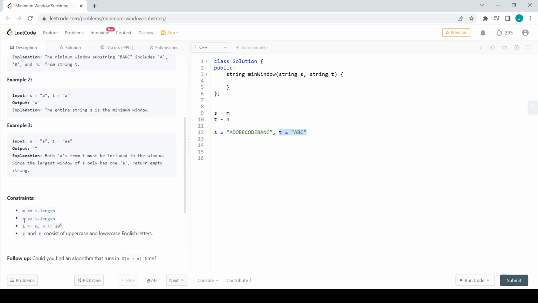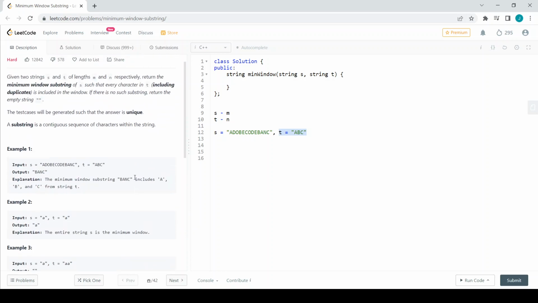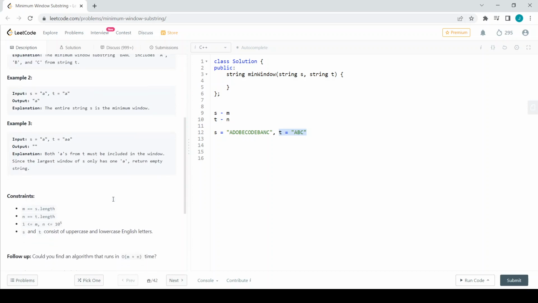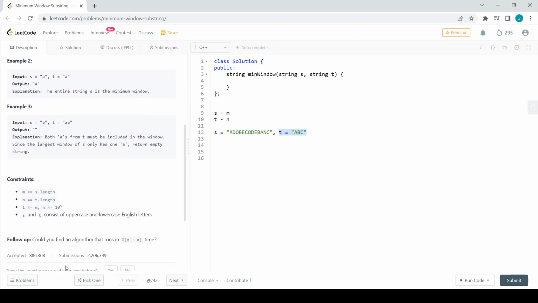Okay, fine. The constraints are that m and n can vary from 1 to 10 to the power 5, and s and t will have both uppercase and lowercase characters, so we have to take care of that also. Now, could you find an algorithm that runs in order of m plus n